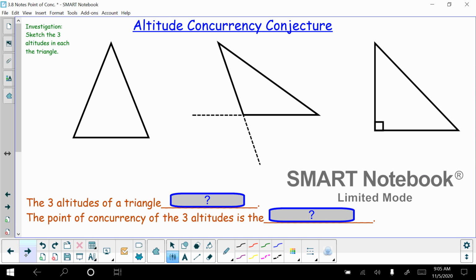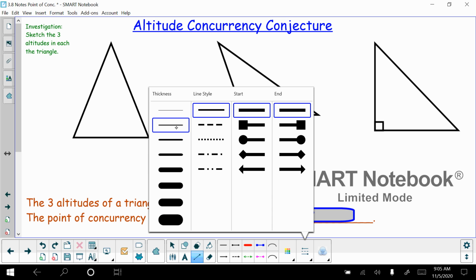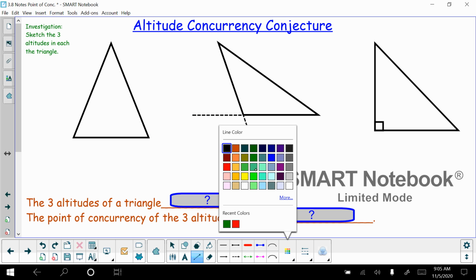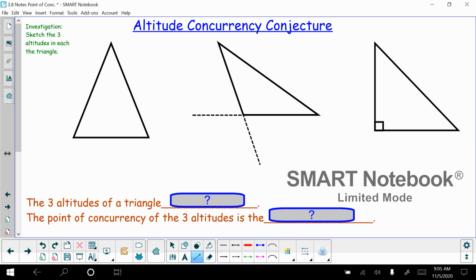All right, last one. This is the last one, okay? And we're not going to construct these. We're going to let you just sketch these, okay? So this one's the altitude concurrency. So we're going to sketch the 3 altitudes and the 3 triangles and see how they compare. So this is an acute triangle. So what I want you to do is I want you to get your pencil and just kind of sketch the 3 altitudes. So like this one, would you go straight down like that and make sure that that makes